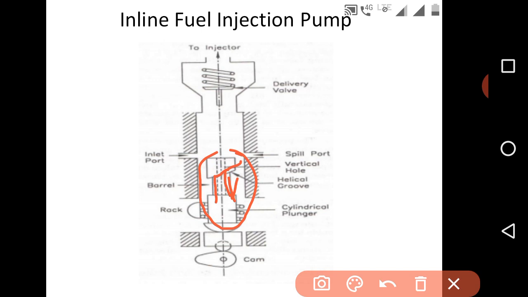As the cam is moving, the plunger moves between bottom dead center and top dead center.